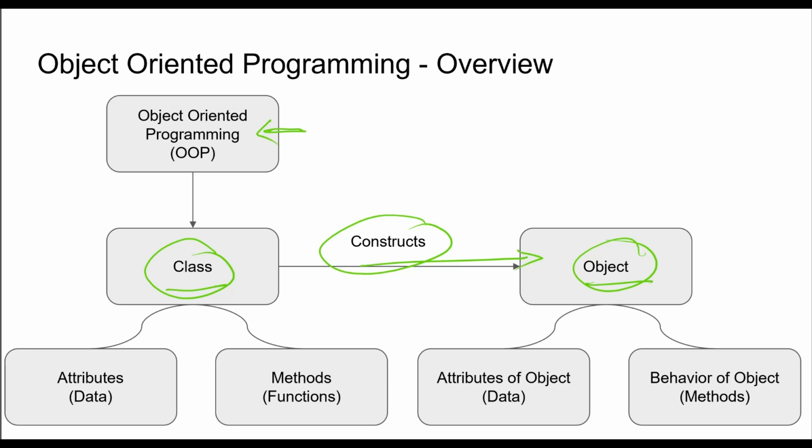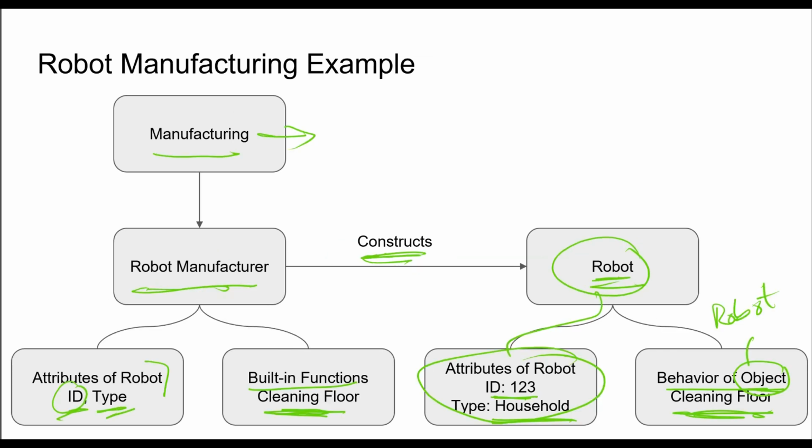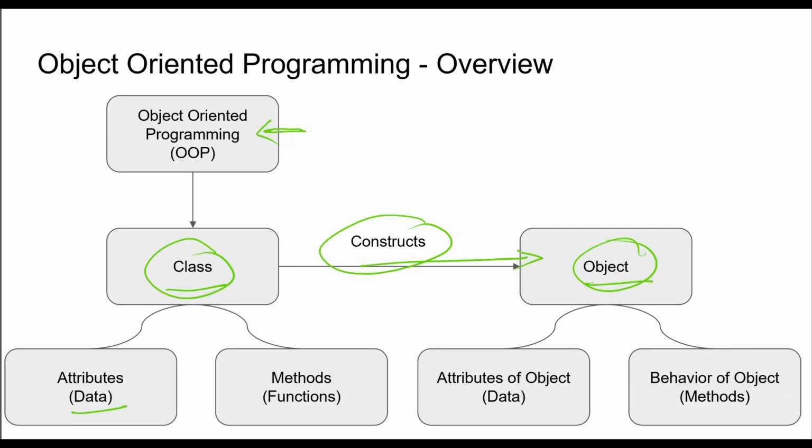So the example is that in the similar way the robot manufacturer was constructing those robots, in object oriented programming, a class is the manufacturer, constructing the objects, which in the previous example we saw as robots. So each class will have some attributes that you will provide. For example, when we wanted to create a robot, we specified the type to the manufacturer, that create a household type of robot, and that is what will be created. In the similar way, here in the class, we specify some attributes, and the class will construct an object based on these attributes, and these attributes will be actually held by this object as well, and this object will be called